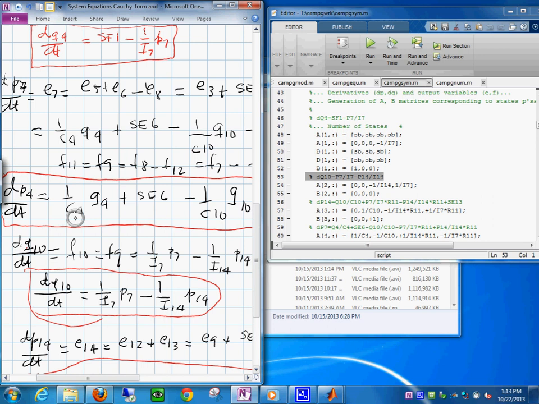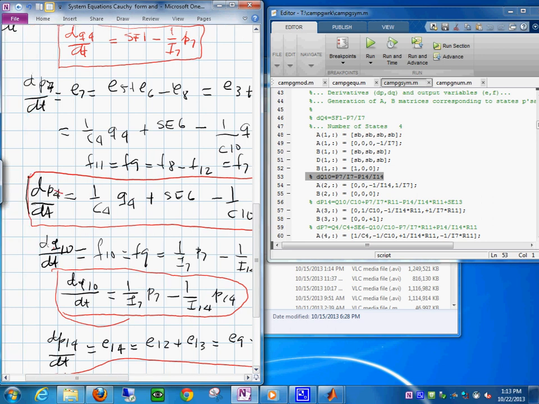These are the equations that you will find in the CAMPG EQU equation .m. But these equations in this form, this one like this, you will find them in the CAMPG